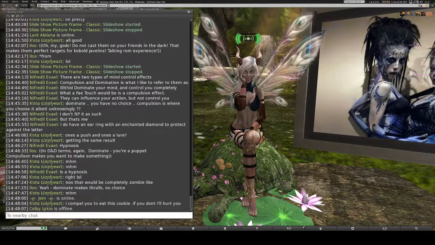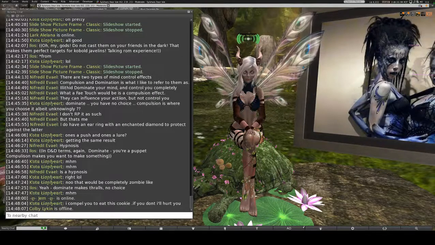There are both IC and OOC reasons as to why we don't use it. The biggest reason being that there is such a huge potential for god modding and roleplay that we will not use it. If you are a Fae looking to potentially use this ability, please, please, please reach out to your Fae lead before you do so. At least in Silvara, there are quite a few requirements that need to be fulfilled, even if you're a tenured Fae RPer. So that pretty much covers the Fae abilities.